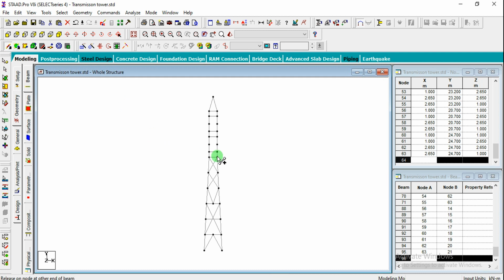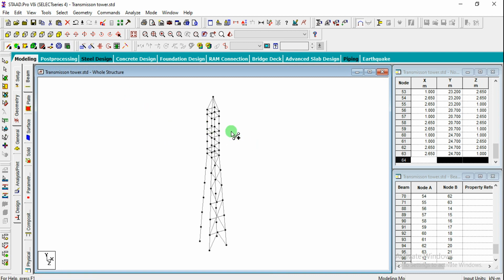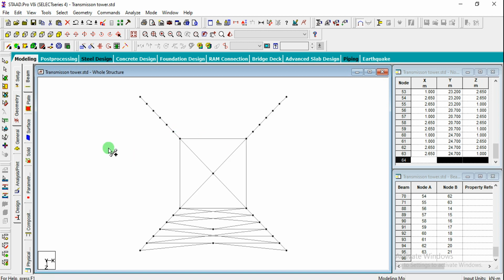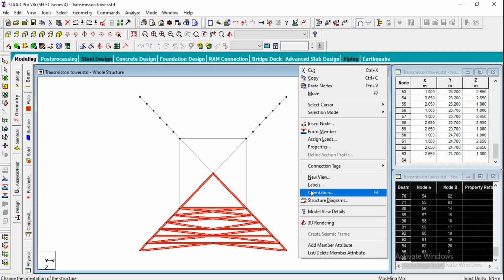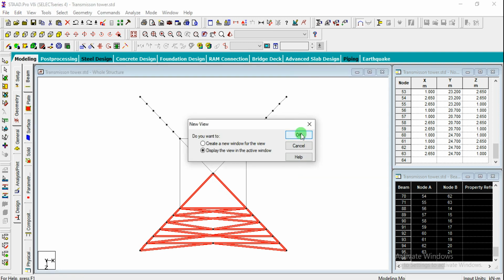So simply you can work on here 1, and similarly from here to here and from here to here, and make sure that it is connected with respect to the correct nodes. But sometimes when we are working in front view or side views, it may connect to the other side of the nodes. Okay, so let us separate this one, and we can work on that. So from here to here I just wanted to separate. Go for right click, new view, and click on OK.